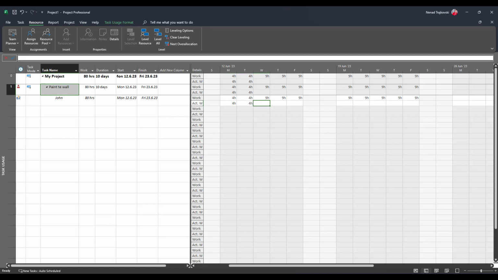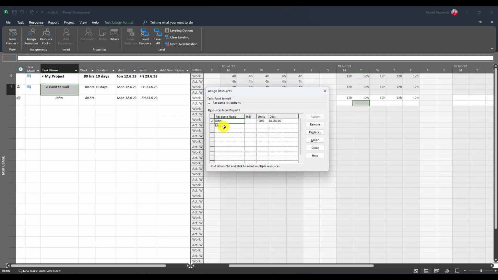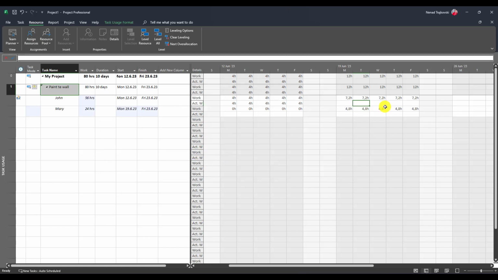So I can put here 4 and 4 and 4. So you will see he will have to work 12 hours for the rest of the time. Now, if I assign a resource, and if I assign Mary, you will see that this is divided